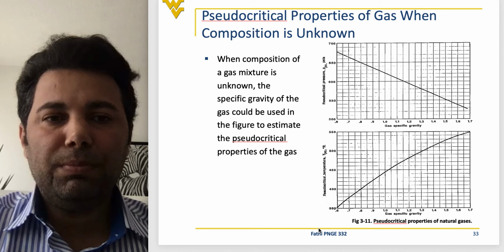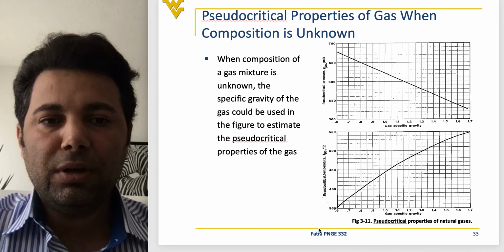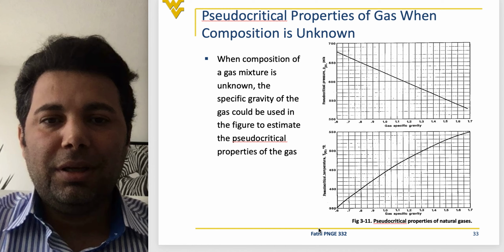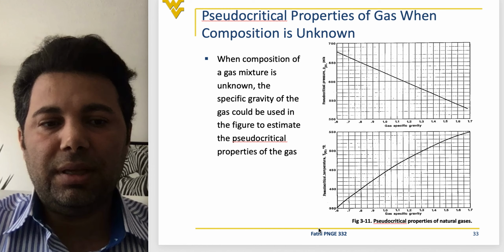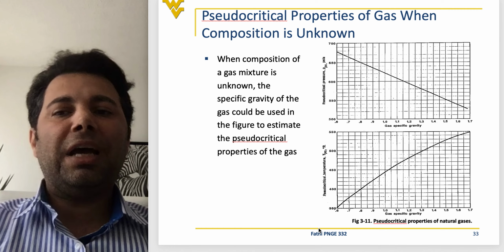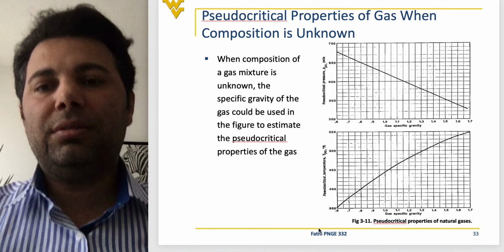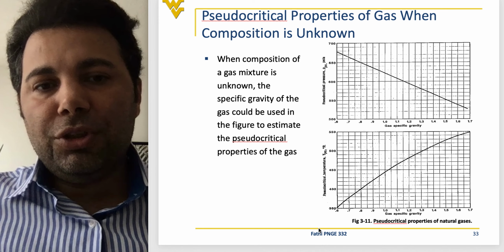We do have the components. So if you do have the components, you must use them. You cannot simply find a specific gravity and use these graphs, because this brings more inaccuracy in your calculation. But in case you don't have the components of a gas mixture,